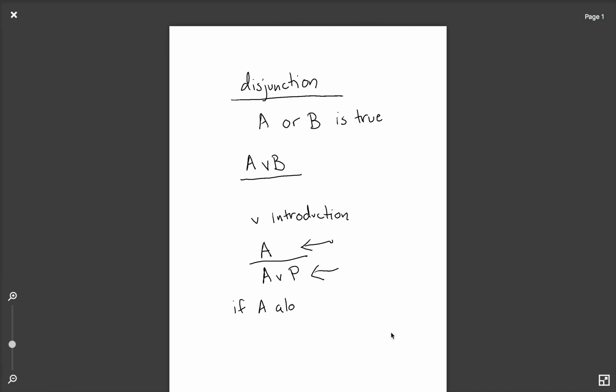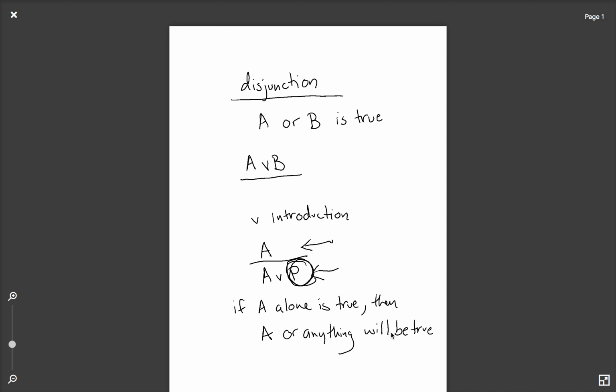So all you're doing is going from a specific statement, A is true, to a more vague or general statement, A or P is true. The P could be anything. In disjunction introduction, the thing that you add on could be any sentence at all. It could be a very long sentence. It could be P conditional Q, or it could be A and B and C. It could be whatever you want, because as long as you have a previous line established, that line or anything